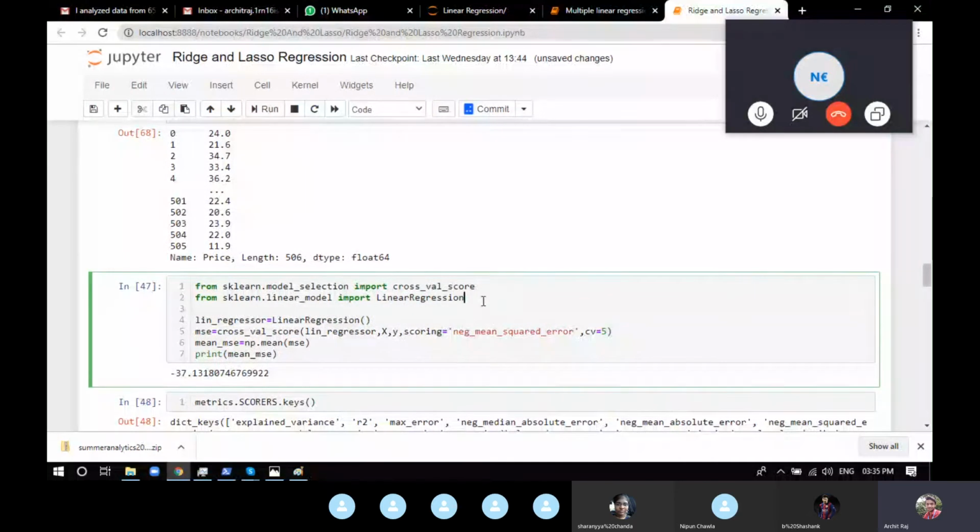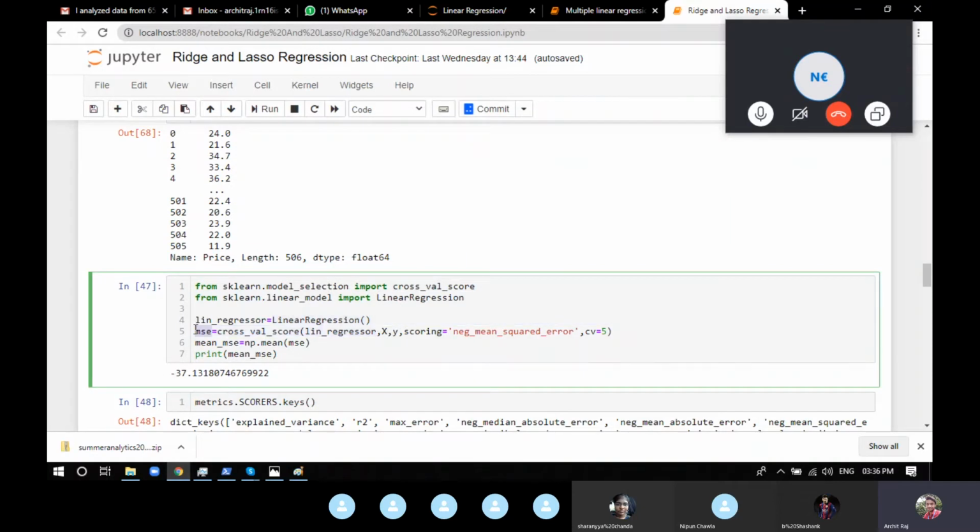Now the last time I taught you about cross validation, and now I'll show you how exactly we're going to use it. We're going to use linear regression first, and we'll see how Ridge and Lasso make it more accurate. From sklearn.model_selection, we have to import cross_val_score. In the model selection module of sklearn, you have the cross_val_score function, which is going to find our cross validation. And from sklearn.linear_model, we import LinearRegression. Same thing that we did for any linear regression: we make an object of LinearRegression.